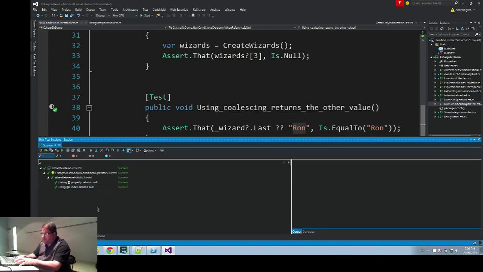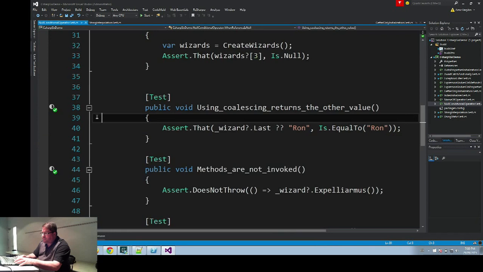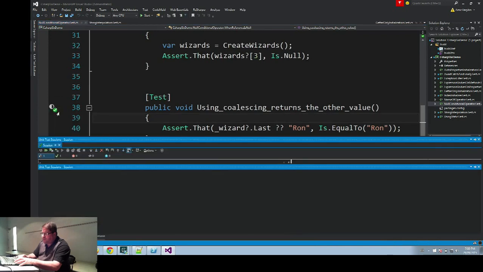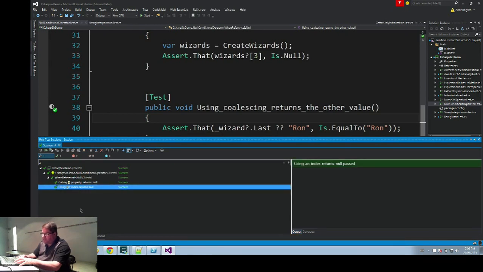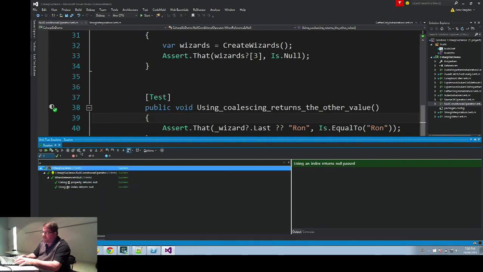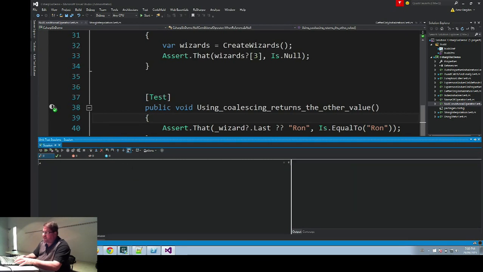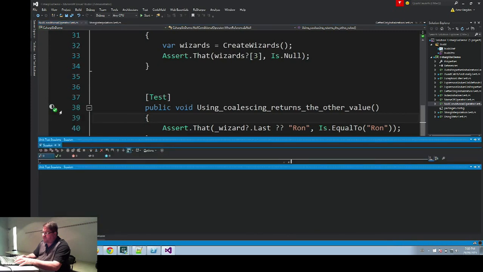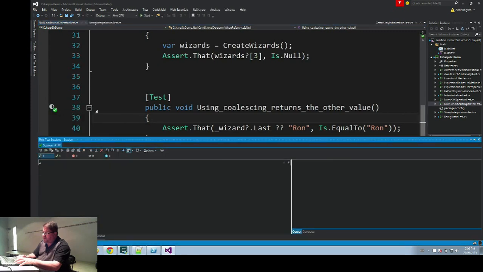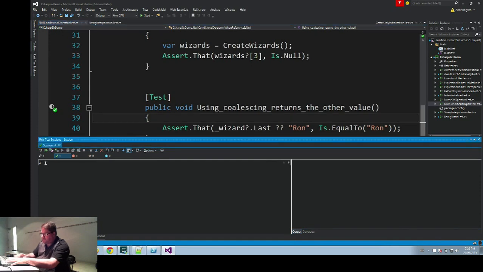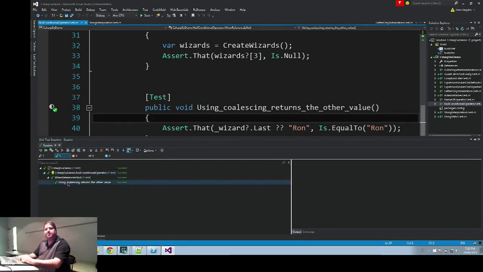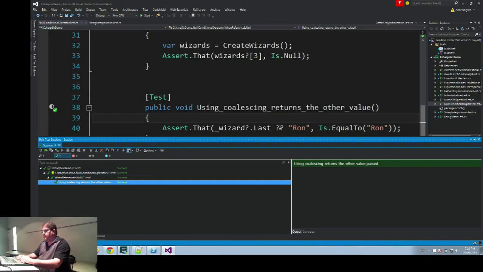Is it there? Let me run again. Is the index? I'm missing one test. Why? Where is it? Oh, it's a filter? No. There you go. So this is green too. Now,